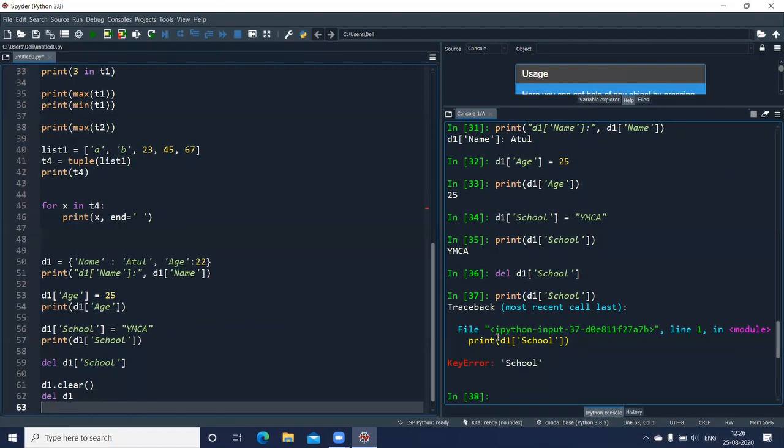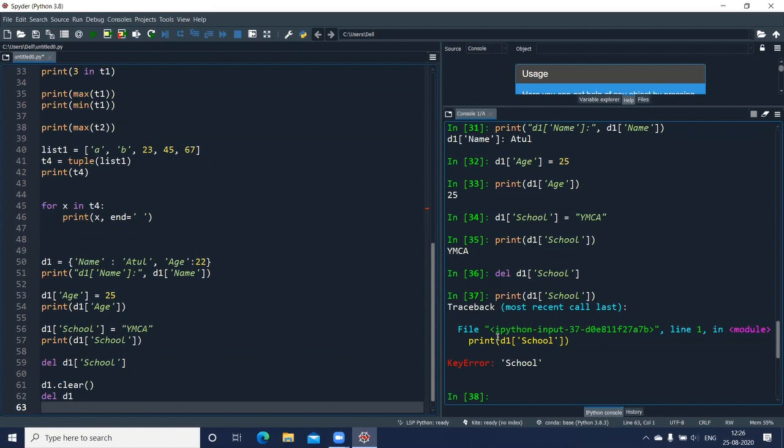Now, there are some properties which are available for a dictionary. First of all, you cannot have a duplicate key in the dictionary. Even if, by chance, you have put 2 keys with the same name, the last key will get the preference, and the first key will be overwritten. So try not to duplicate the key values. Whereas your value for the key can be a duplicate value. There's no problem with that.